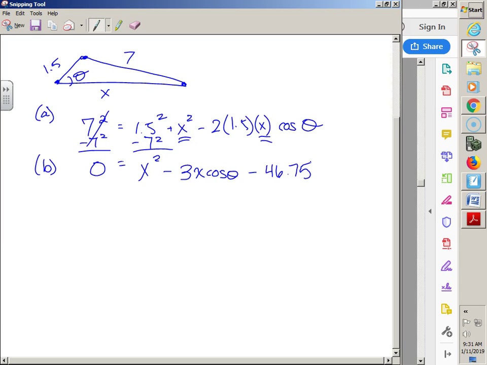But that's quadratic. Don't we need an A and a B and a C? Your A is 1. Is your B negative 3? A x squared plus B x plus C? What else is there besides the x? 3 and cosine. And then C is negative 46.75. And letter B, part B, said solve for x by itself. The only way to solve for x by itself is factoring, no. Or,